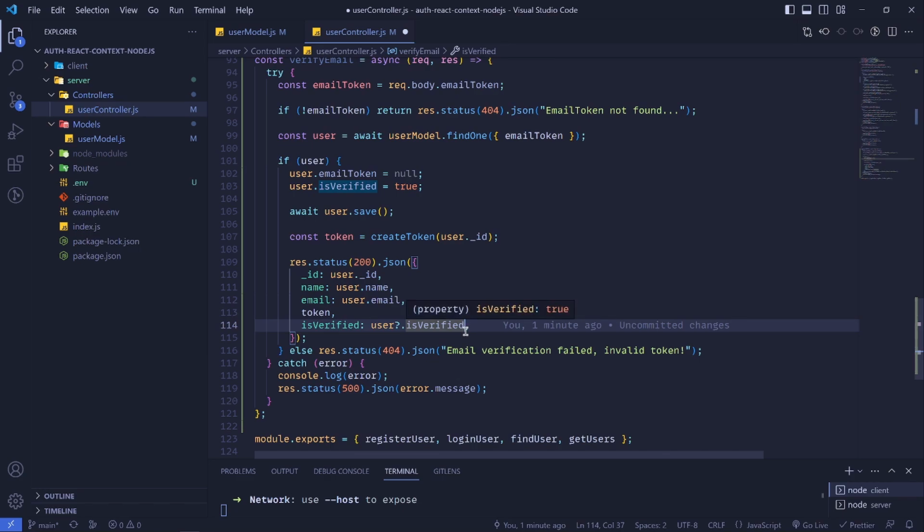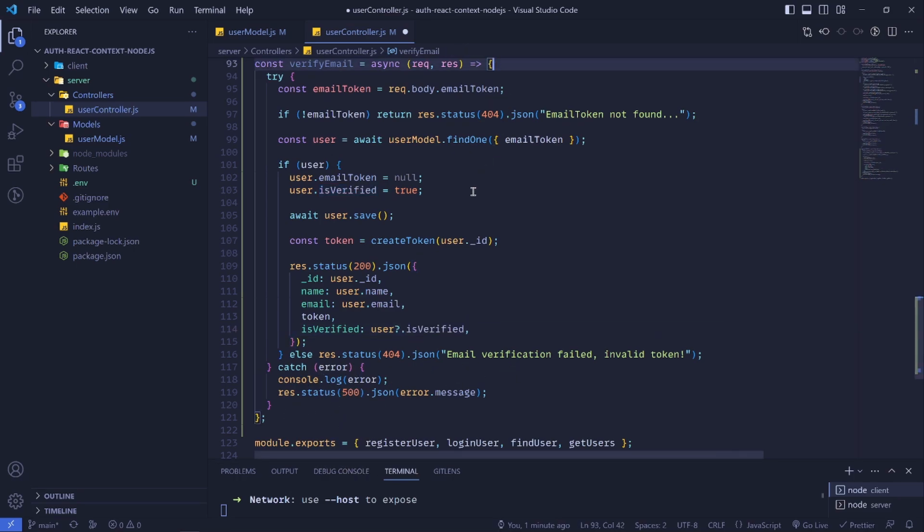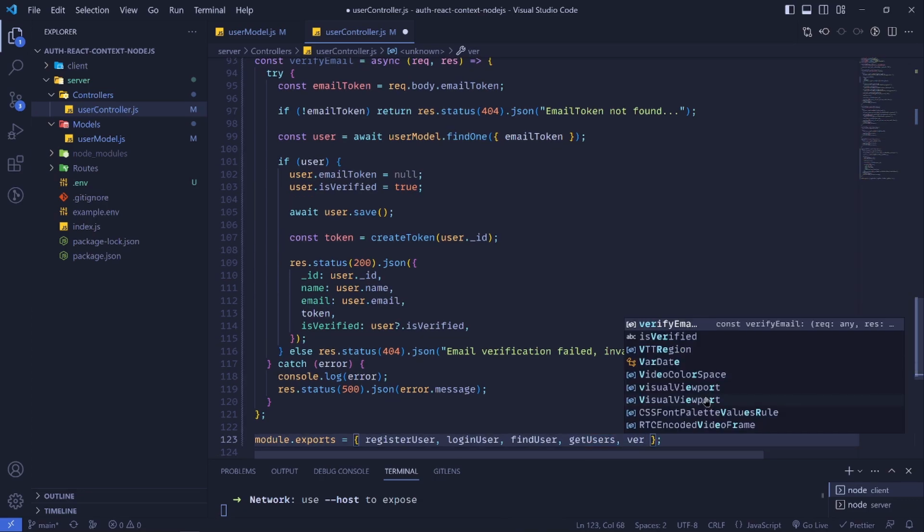And you can restrict other parts of the application depending on whether the isVerified property is true or false. The next thing we do here is just checking the error and so on. So you can copy this function the way it is and try to make sense of it, and then we need to export it. So let's export the verifyEmail